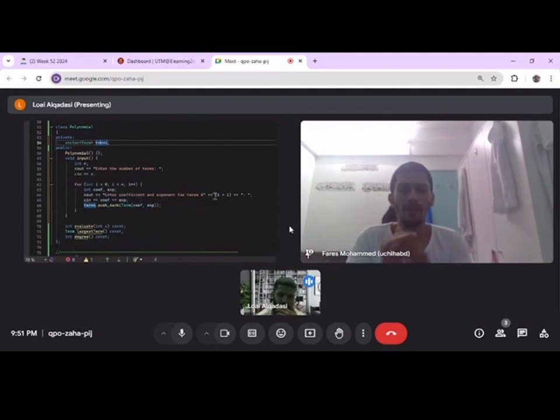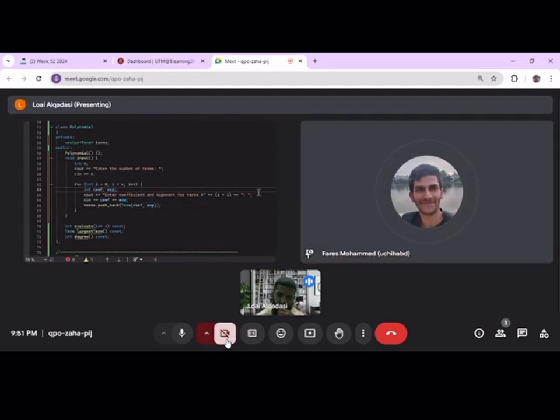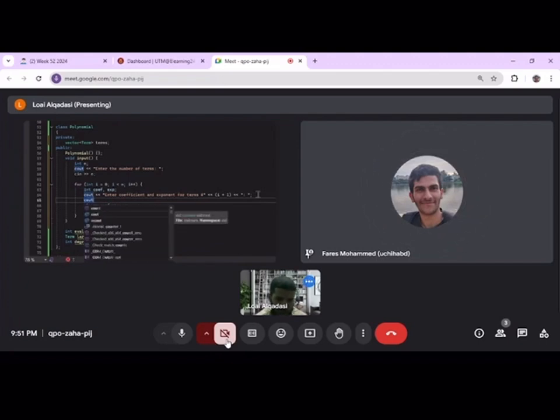If we display here the number that he already entered, and ask him again to enter the coefficient and the exponent, then a space, then again add the exponent. Should we just add an explanation here, like a space, or is there no need for that? If you want to explain, take your time. I'll explain to him, like, enter